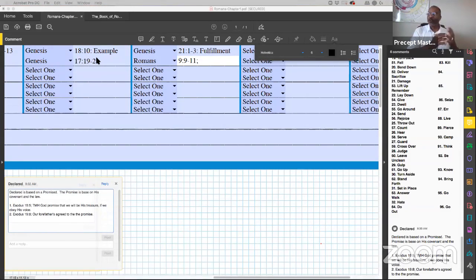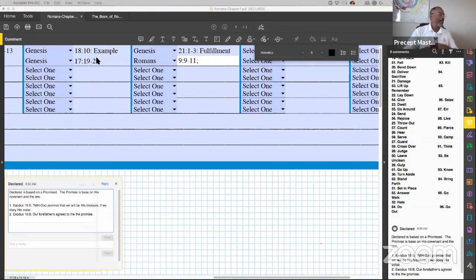But Paul is putting his own spin, his own language, and just telling you the same thing the Most High said. He said, at this time I will come. So he's saying, like, next year, this time I'm going to come. That's all he's saying. At this time next year, I'm going to be here, and Sarah should have a son. That's all he said. So now we see where Paul actually got this from. So now we don't have to think, well, why is Paul saying it in that way. Now you know exactly where Paul pulled this from.